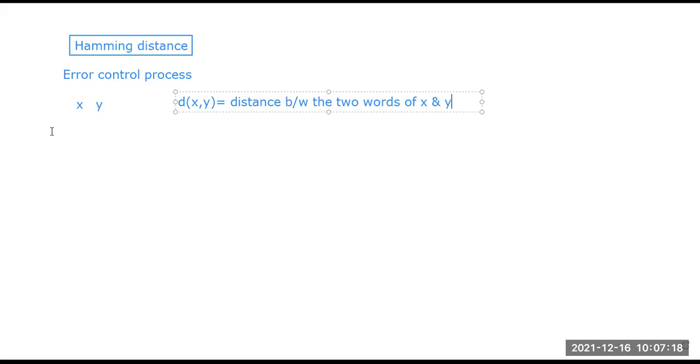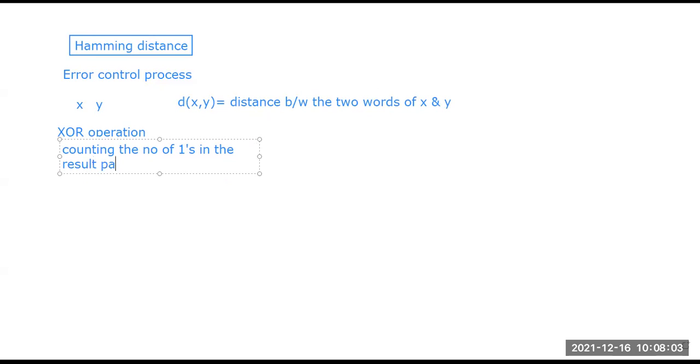After applying the XOR operation on those two words, we count the number of ones in the result.